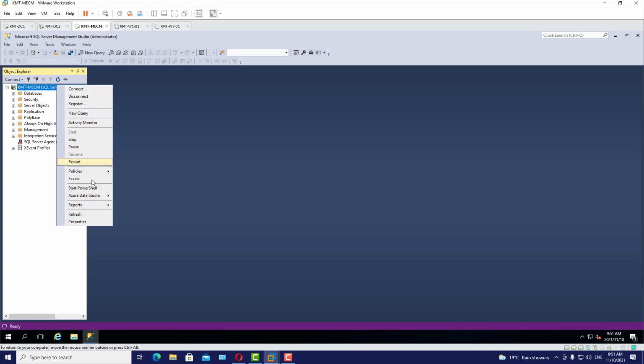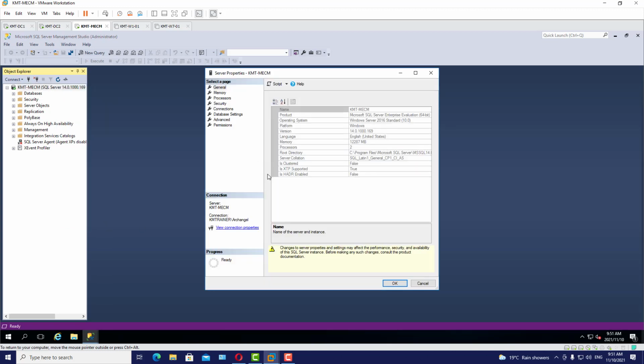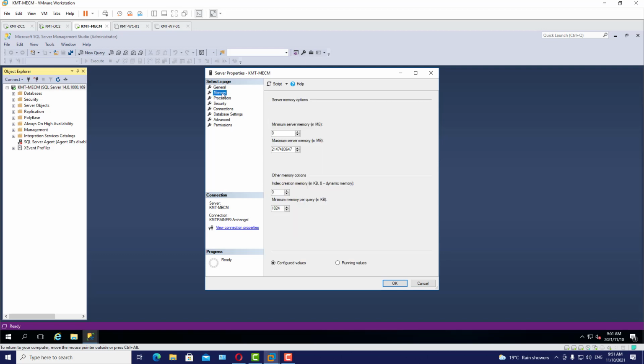Let's go to properties. Memory. Minimum, I'm going to set it to 4. And the maximum I'm going to set it to 10. Click OK,